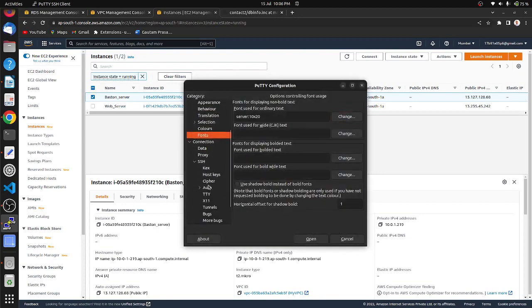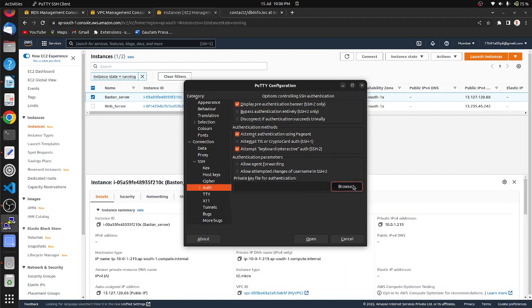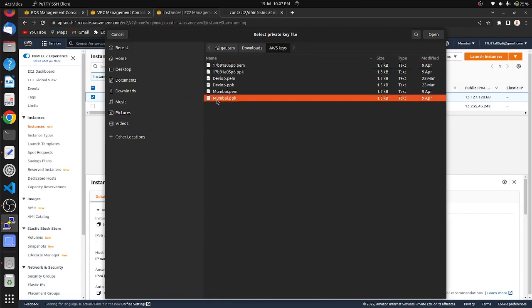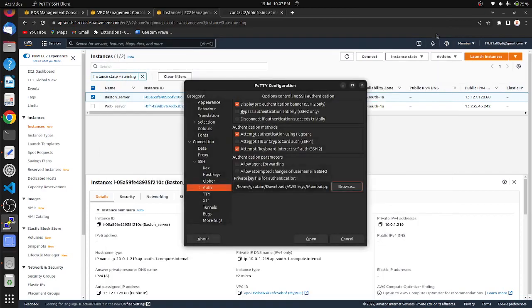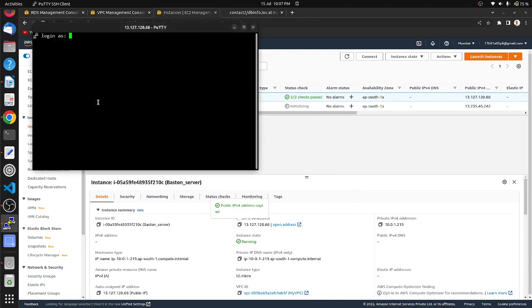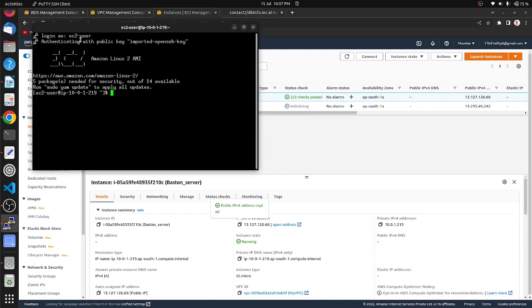SSH authentication, browse AWS keys, Mumbai.ppk file, open, accept, login as ec2-user, here sudo su, yum update,